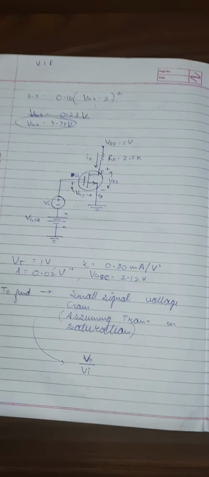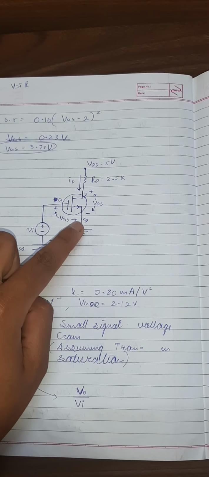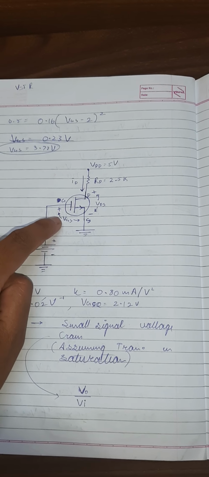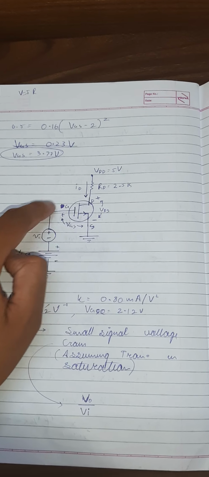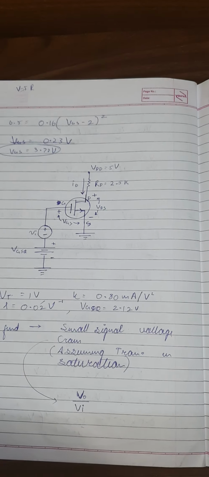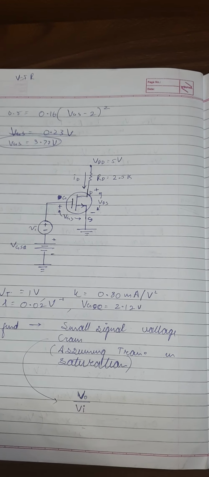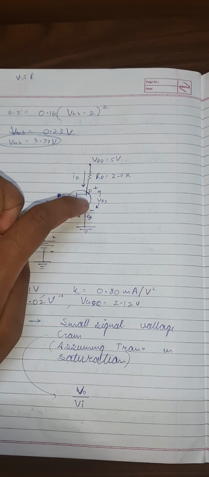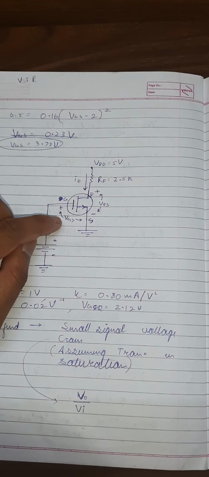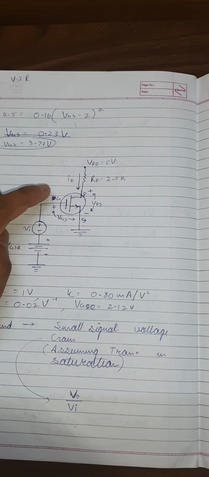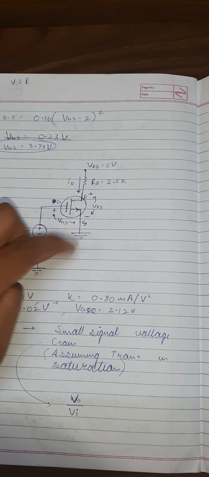Here in the circuit, this is the MOSFET, this is the drain terminal, this is the source terminal, and this is the gate terminal, and here is the voltage across gate and source. This is the positive terminal and this is the negative terminal, because it is an N-channel MOSFET, and in an N-channel MOSFET the biasing is done in such a manner that the gate is positive and the source is negative. So we write this as capital VGS, with the suffix GS because we write it from the positive to the negative terminal.